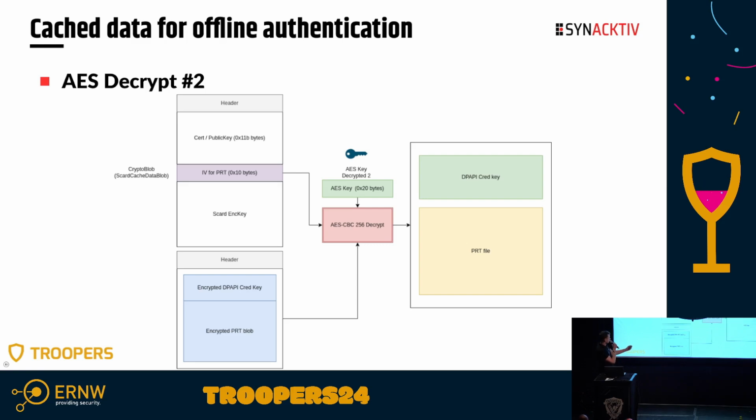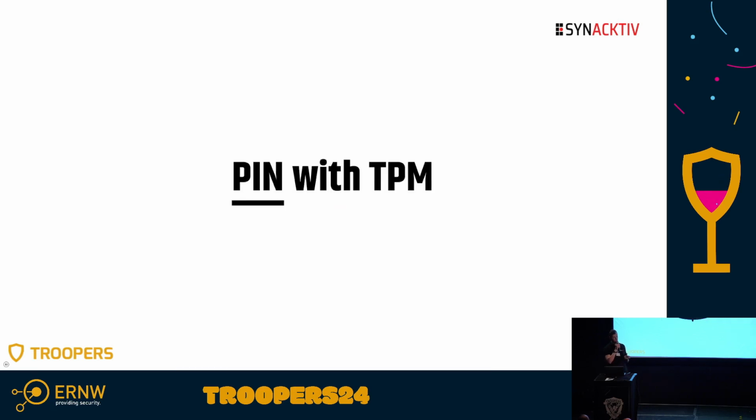So there it is. We have our final AES key. We use it in an AES CBC decrypt operation. We'll use another custom IV, which is stored in the cache data file. We'll give as input to the decrypt operation the encrypted DPAPI request key as well as the encrypted PRT blob. And finally, we can get the DPAPI request key as well as the PRT file. So this was the part related to PRT and DPAPI request key decryption using a pin when there is no TPM. So now let's briefly talk about